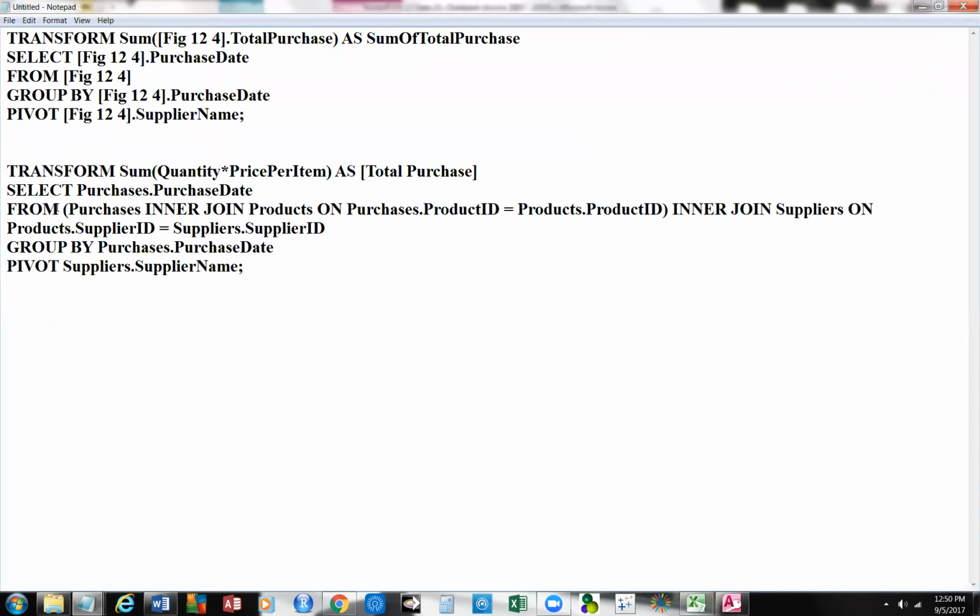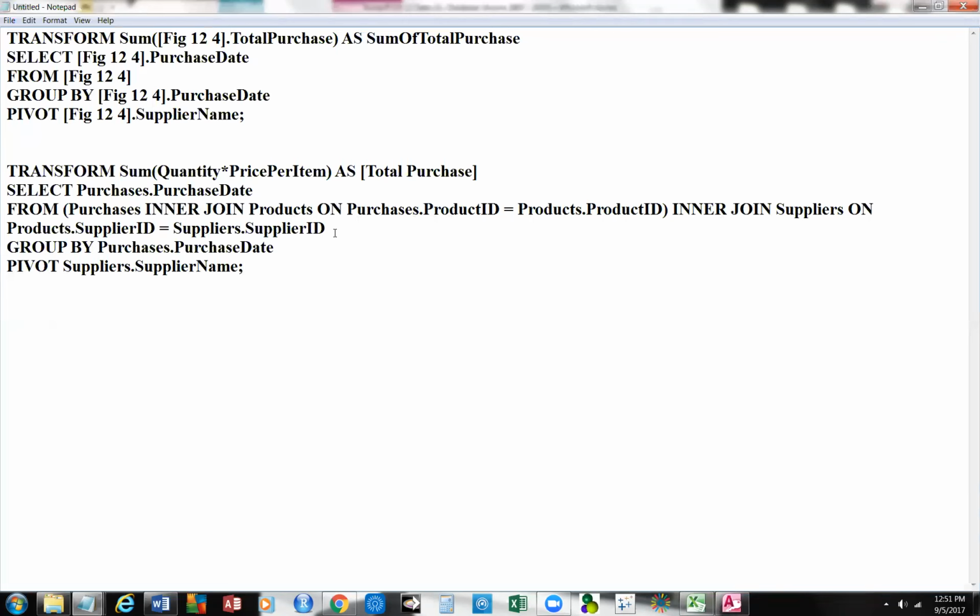And that's from purchases, and we're doing an inner join of products on purchases, where purchases.product ID equals products.product ID. So we're doing an inner join on those two tables, and then another inner join of suppliers, where the supplier IDs from the products table match up, and then we group them by purchases,